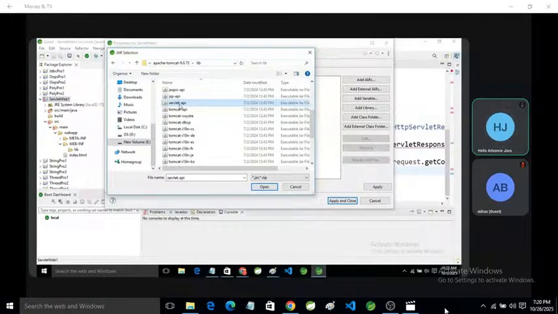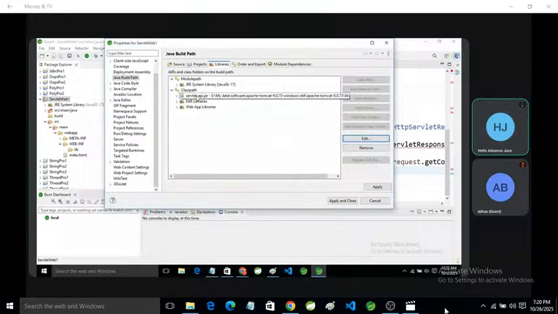You must remember this: Servlet API is the compiler of Servlet and JSP provided by the Apache Tomcat server. If you are using any other server, there will be a different compiler. After that, you can click on open.